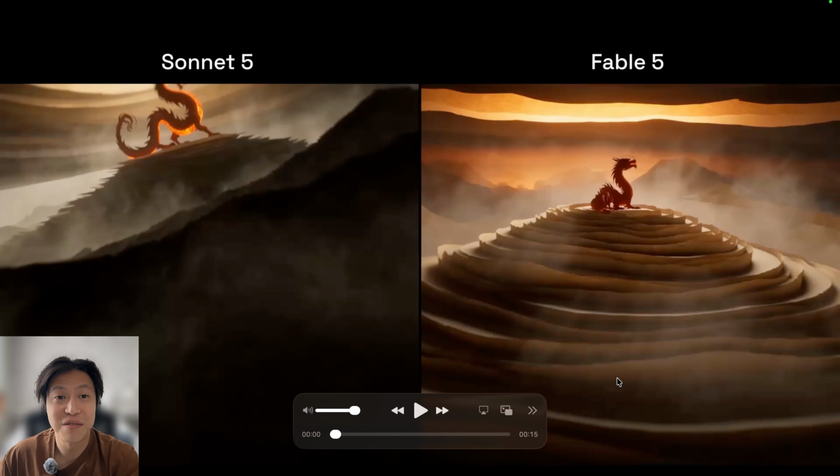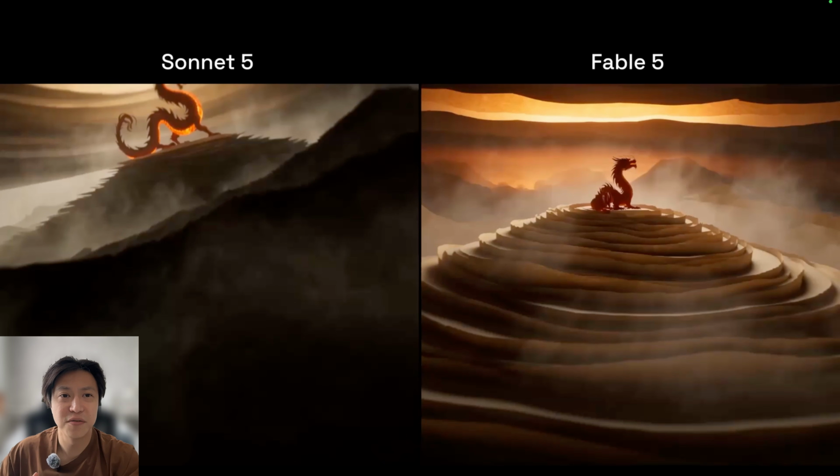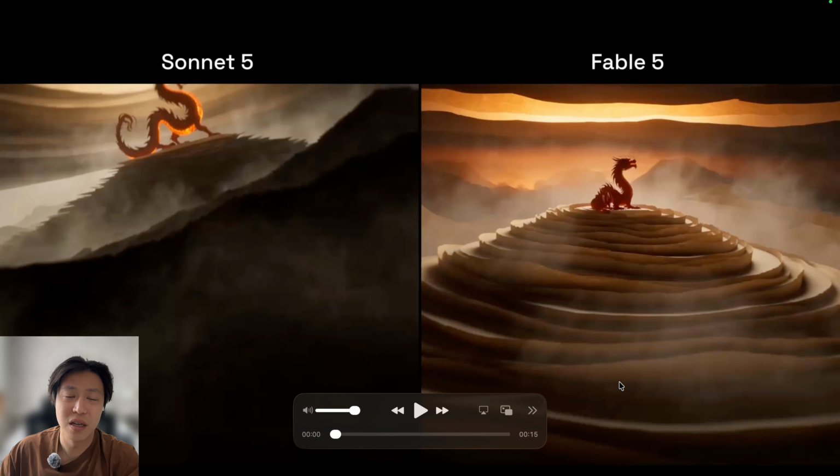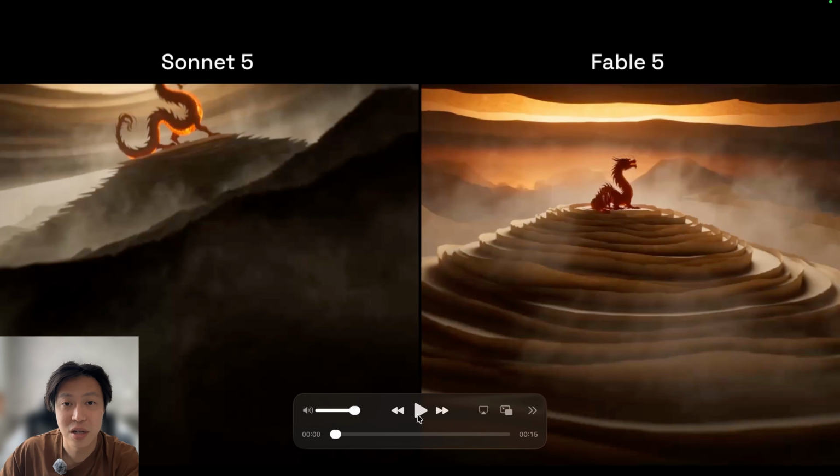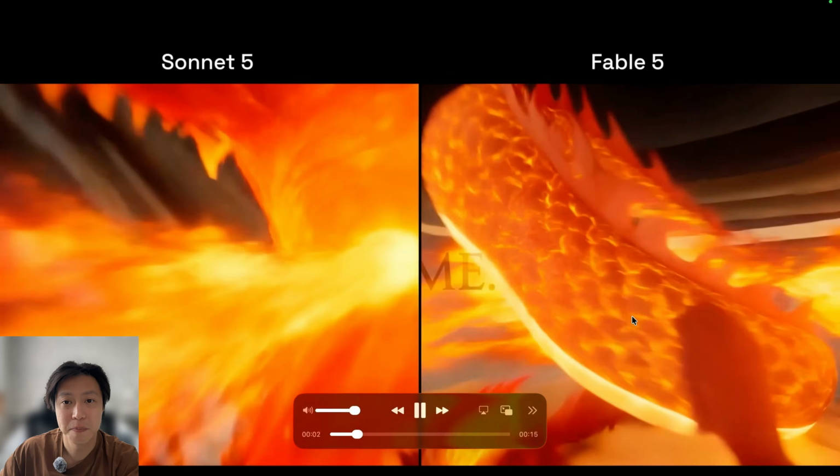Before we start building everything from scratch, I just want to show you how using Fable 5 versus the other lower models would significantly improve the video generation, even though the actual video generation model might be the same. But the prompts and the actions that Claude takes in order to put the entire frames and all the moving motion together actually do matter at the end of the day. So if you just look at, for example, the comparison here,